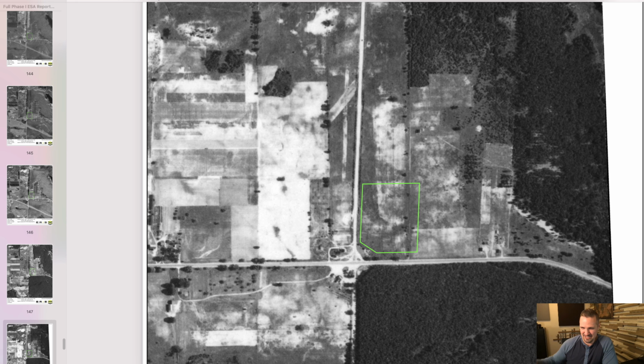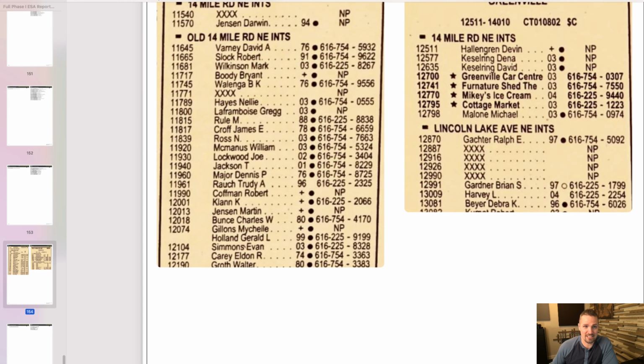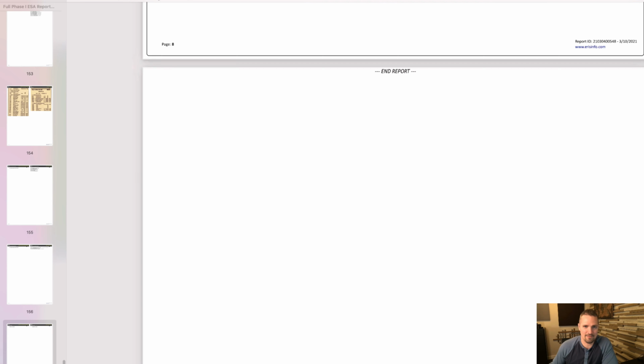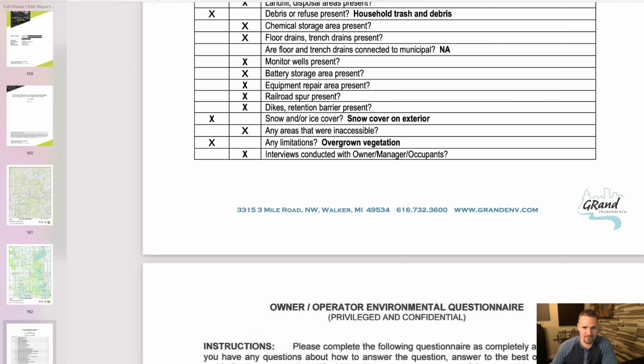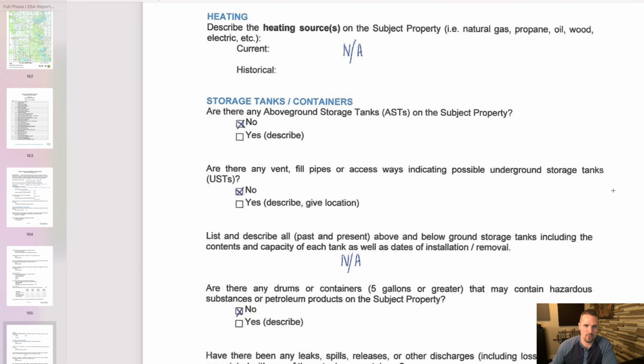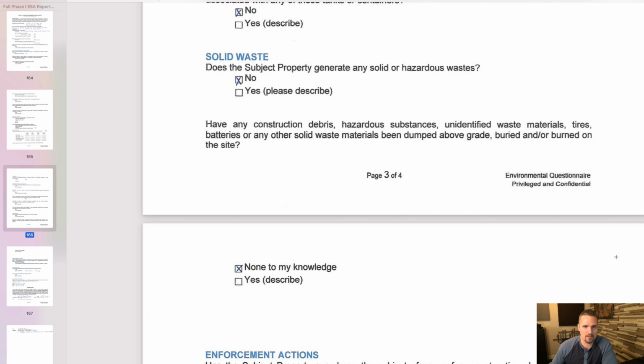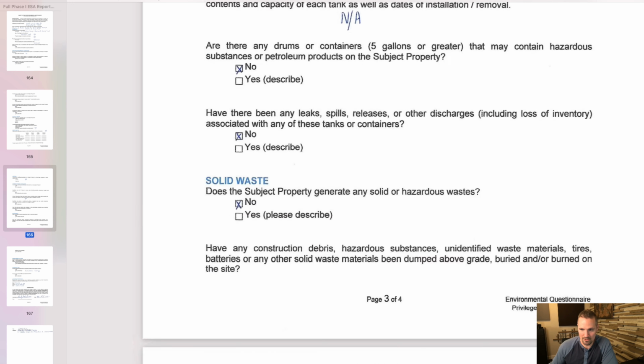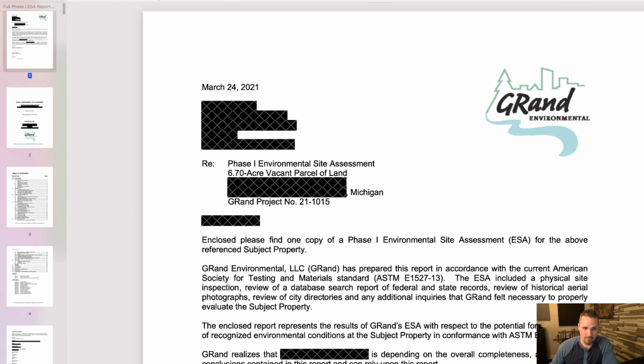It's just kind of interesting every time I see these to see how an area changes over time. How at one point this was just considered way out in the sticks. Nobody lived out here, and now that's changed a lot, and it will continue to change. So as we keep scrolling down here, just a lot more basic information, stuff that for the most part nobody cares about unless there's some significant issue. We get the seller questionnaire here, and that's it. That's the entire report. So that is a phase 1 environmental report, and that's how you can make sense of it for the most part.